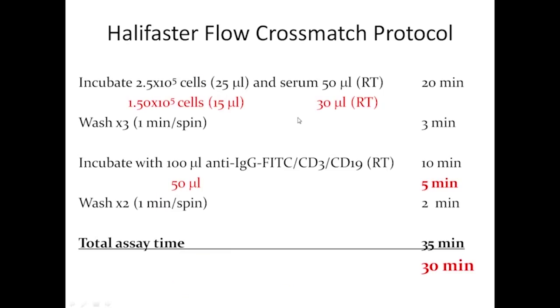And so because of that, we have to readjust our cross-match protocol, because if we are using 250,000 cells, sometimes you will not have enough cells to perform your cross-match. This reduction is possible because here you're dealing with unfractionated cells, where lymphocytes could only be, in some cases, 30%, as I mentioned before, whereas in the purified lymphocyte population with over 90% of cells, virtually all your cells are lymphocytes. So we were able to decrease the number of cells to 150,000, and we decreased the volumes of the